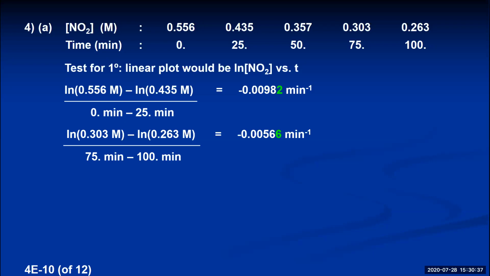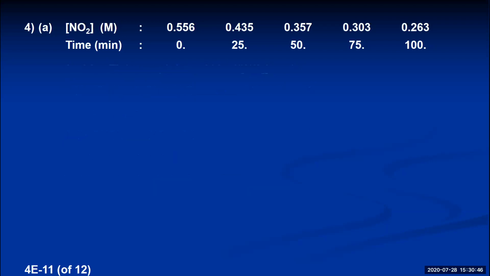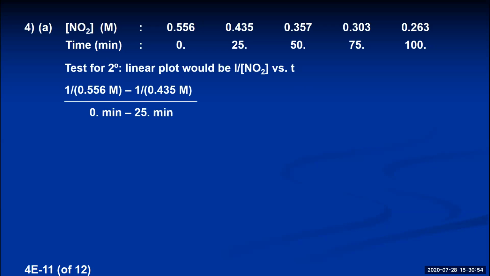These 2 numbers definitely are not the same, and so because they are not the same, this would not be first order. It better be second order then, so let's do the test for that. The test for second order is you get a linear plot if you graph the reciprocal of the concentration of the reactant versus time. So for the first 2 points, I'll go 1 over 0.556 molar minus 1 over 0.435 molar divided by difference in times. And I wind up getting minutes to the minus 1, molar to the minus 1,